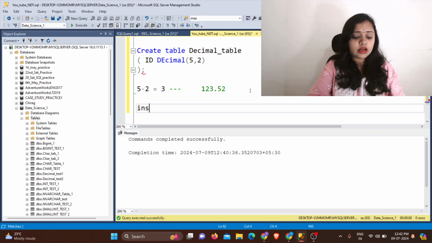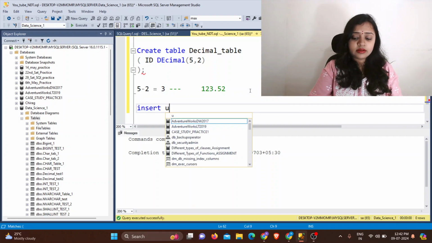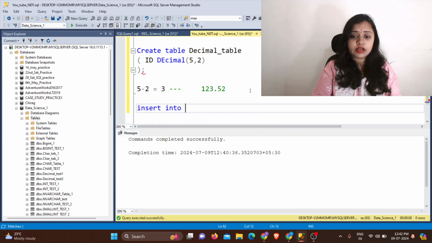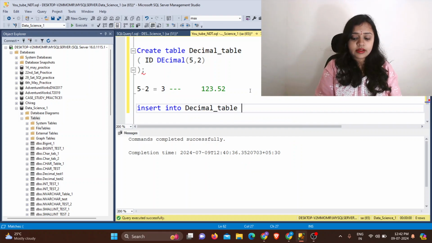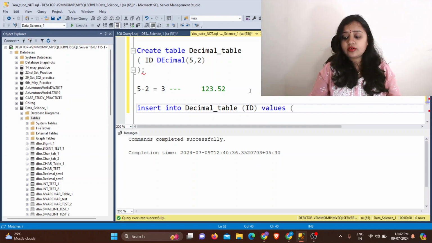Now just try to insert into table name, that is decimal table. Then our column name, that is ID, and then values. Now for values, I will firstly go as the rules say.